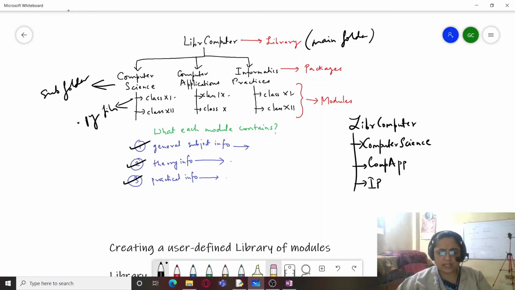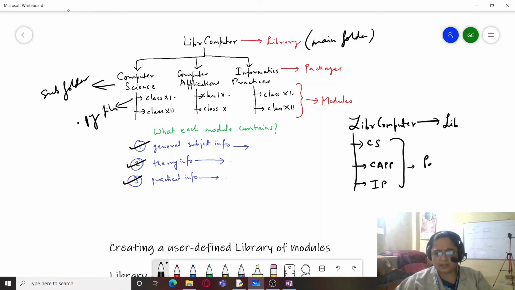Or I can also take simple names over here so that I could save on some time: CS, CA, or C app, and IP. So this is my library. These three are my package names.